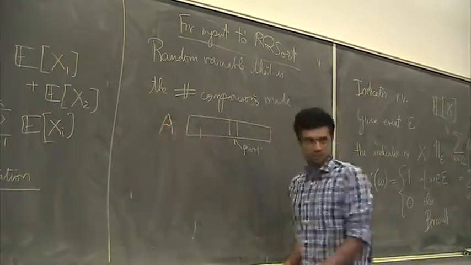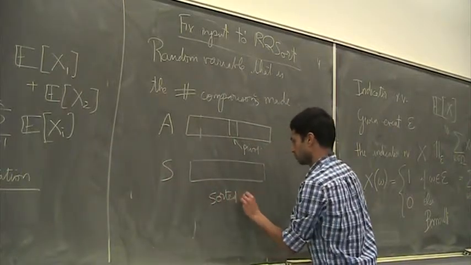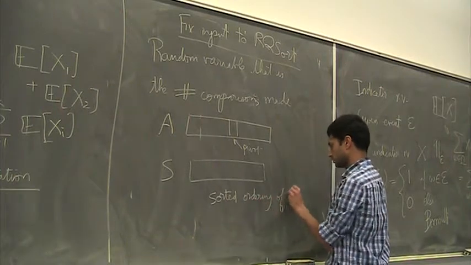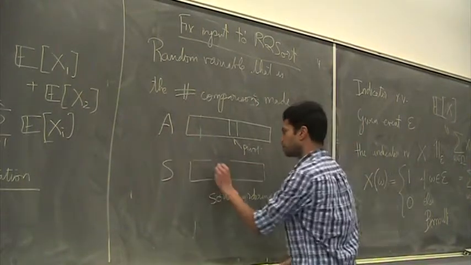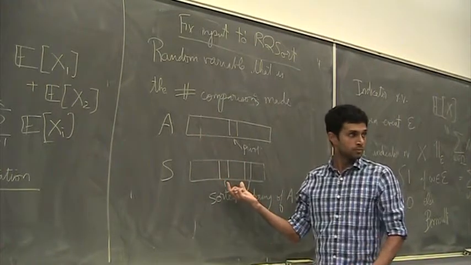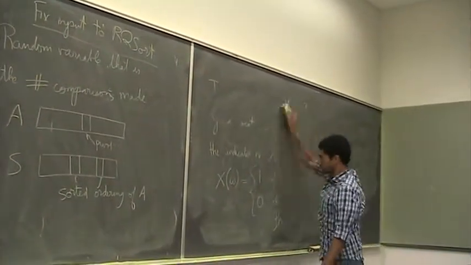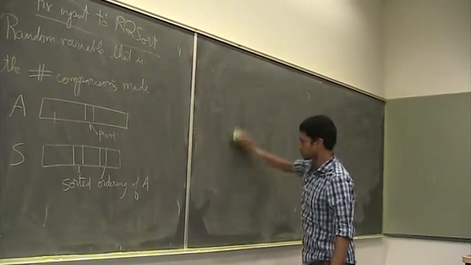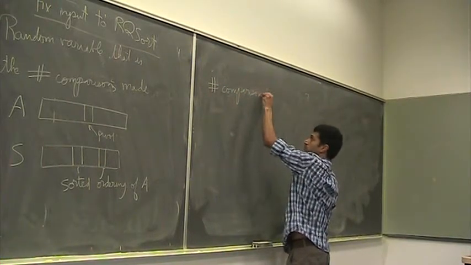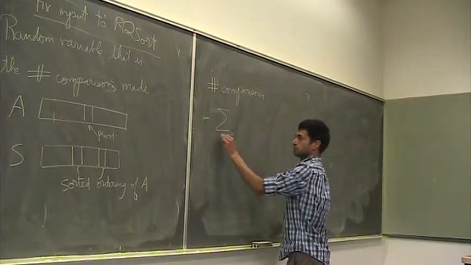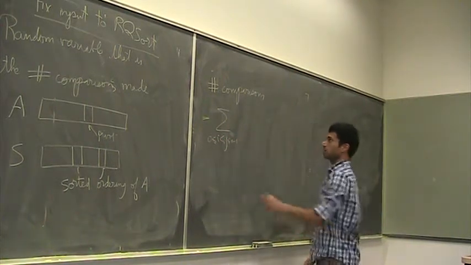So this is the input A. Let me say S is just the sorted ordering of A. It'll be convenient for me to talk about things in terms of S instead of A. The number of comparisons I'm going to write as the sum over i less than j, where i and j range from 0 to n minus 1, of